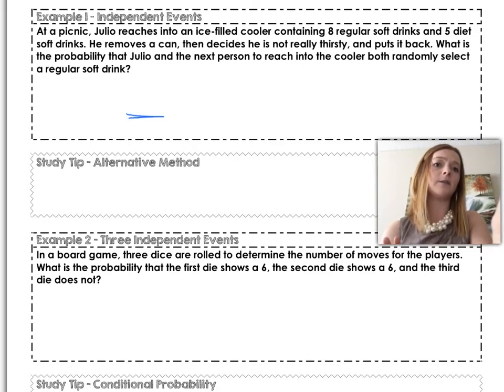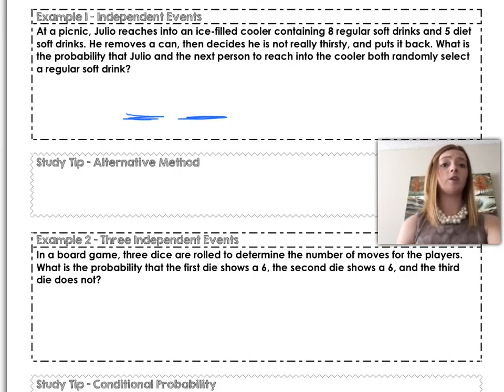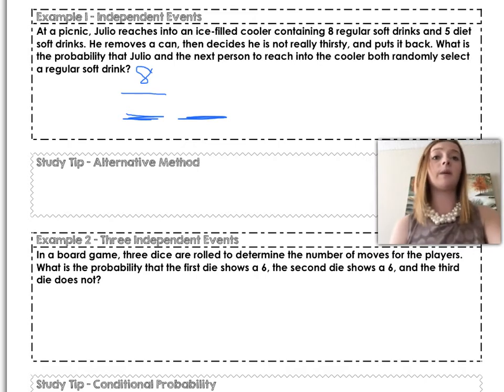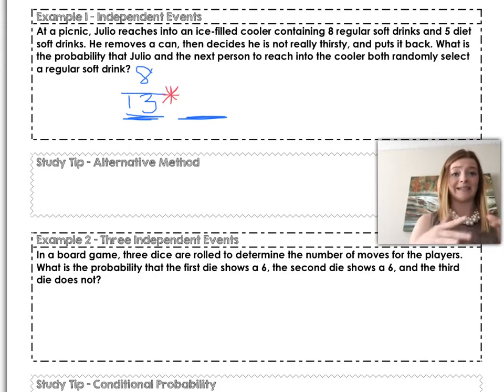okay? The first event is when Julio draws a can, okay? So the probability that I draw a regular soft drink, we have specific over total. So there are a total of 8 regular soft drinks. Out of my total number of drinks in total is 8 plus 5. That's going to be 13, okay? My next probability, I'm going to be multiplying these because it's one then the other, one and then the next